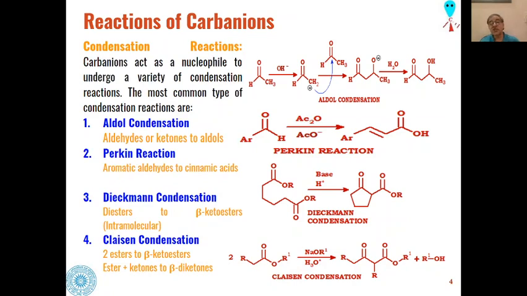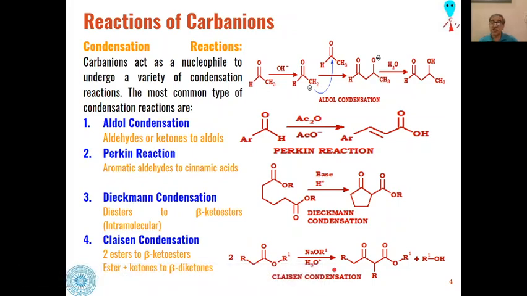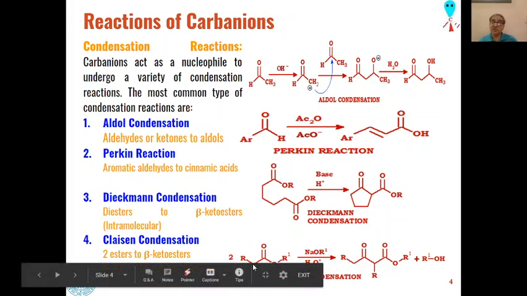Similarly, Claisen condensation is also an example of the reactions where carbanions act as reaction intermediates. Here either two ester molecules are converted into beta keto esters, or one ester and one ketone molecule condense with each other to give beta diketones as the product, and the reaction is known as Claisen condensation. And here also, because of the presence of this ester group, the adjacent carbon atom, this one,